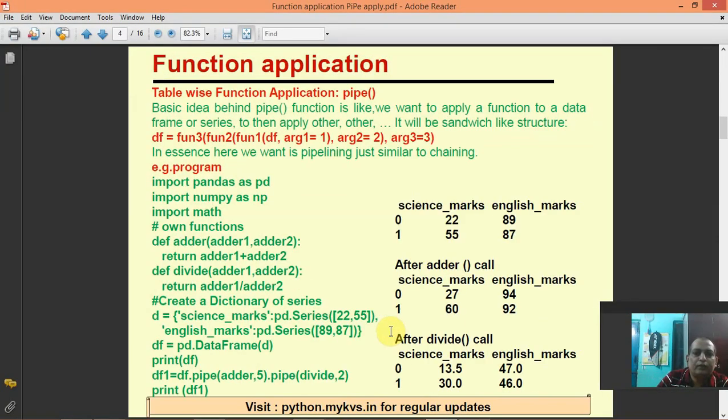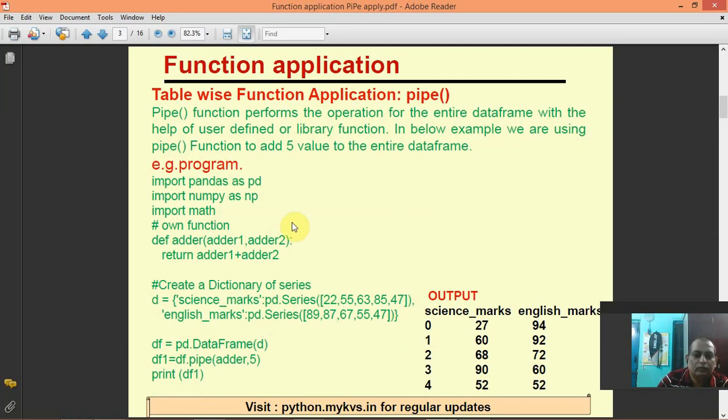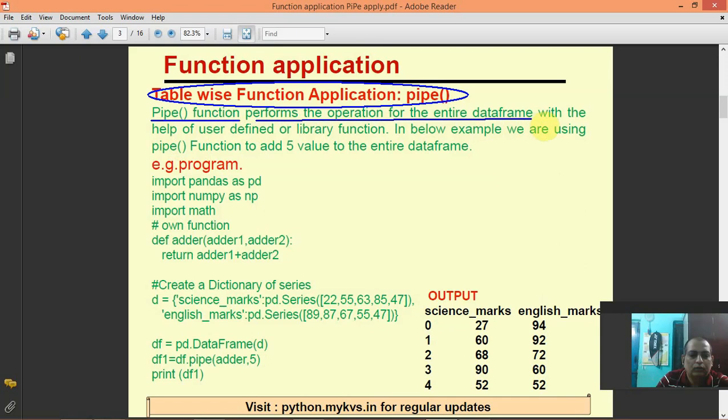The pipe function is applied on a table, the complete data frame. So the pipe function performs the operation on the entire data frame with the help of a user defined function or library function.